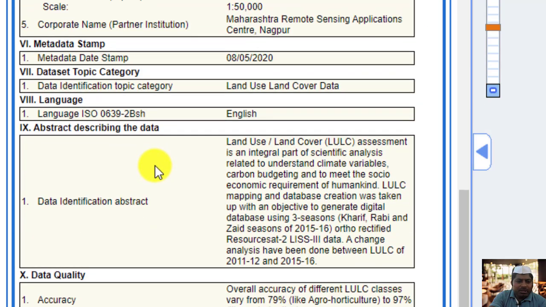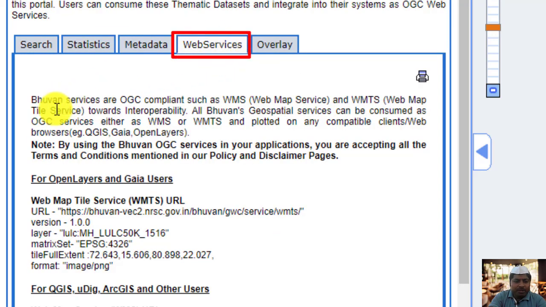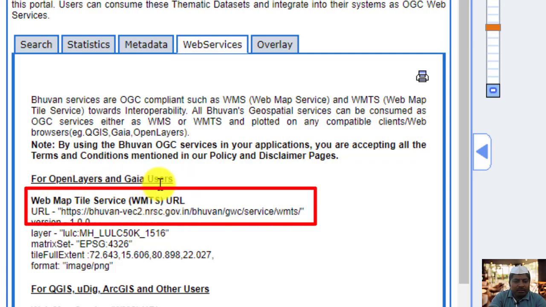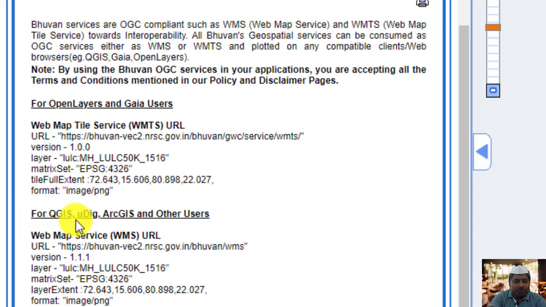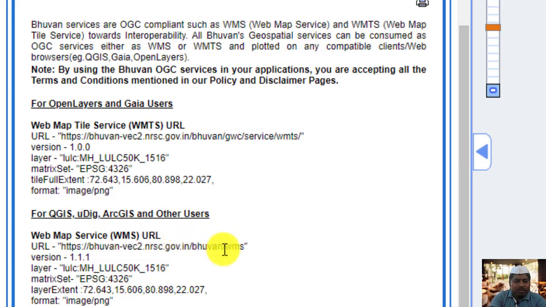Okay, data about data means more information about this data, and this is the important tab for us. Web services. There are two web services available in this portal, which are the WMTS layer for OpenLayers and Gaia users, and the WMS layer for QGIS, ArcGIS, and other users. Just copy the layer, right click, and see the name LULC MH, meaning Maharashtra LULC